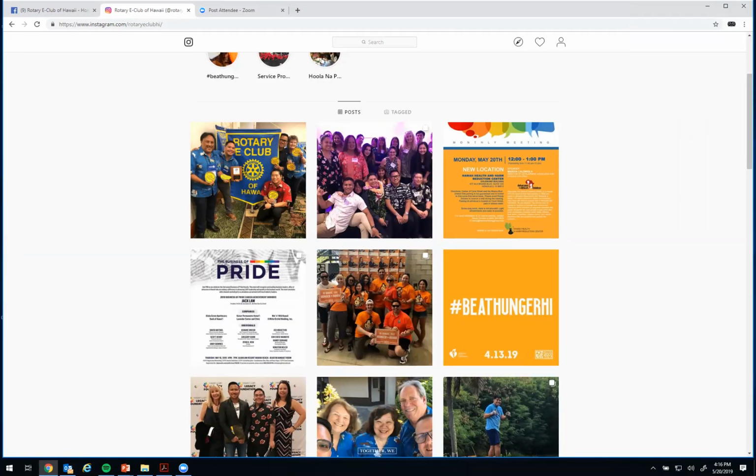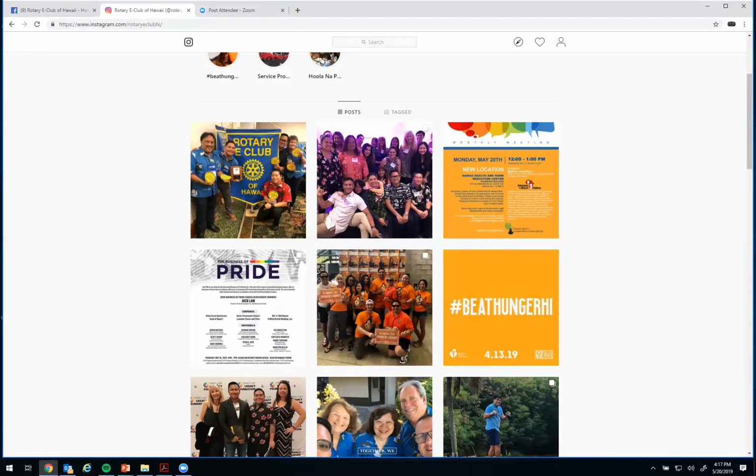Initially someone's going to have to create the Instagram, whether that be you or your public image person, but the option for multiple people to manage the Instagram account is an option as well. So you can create one page and multiple people can manage it. And ideally with the Instagram, all you'll need is the login information. So everyone who has the login information will be able to log into that Instagram account.